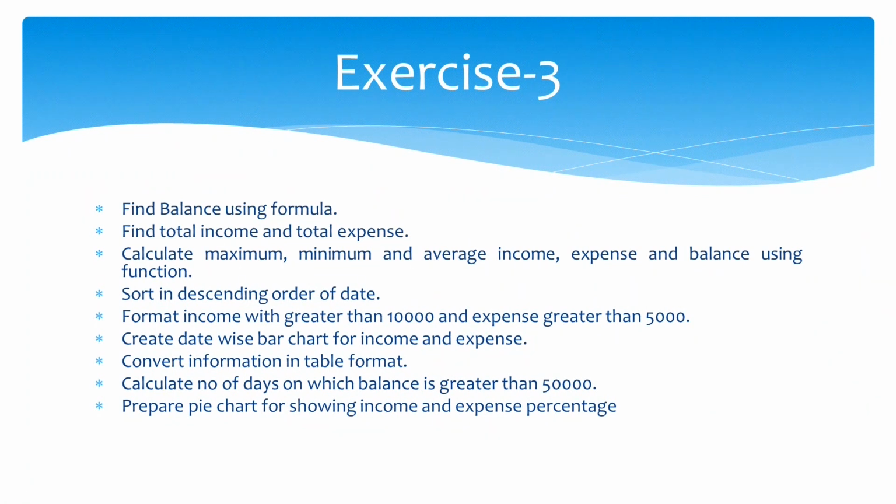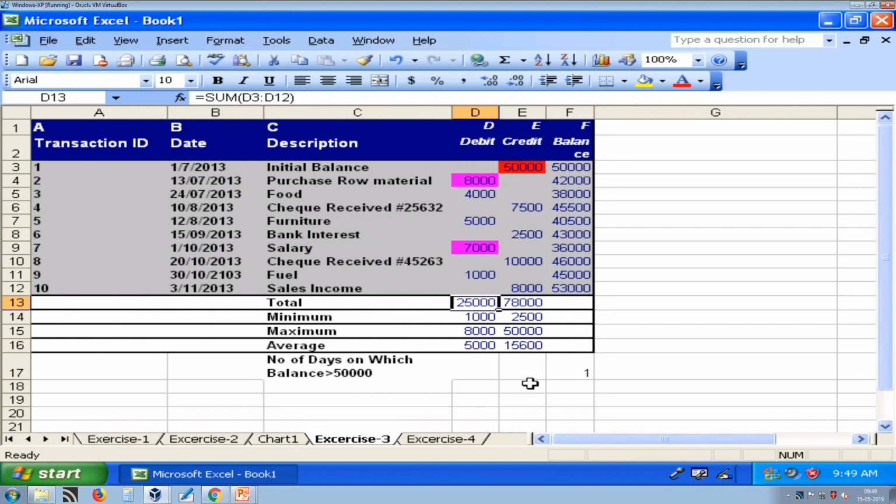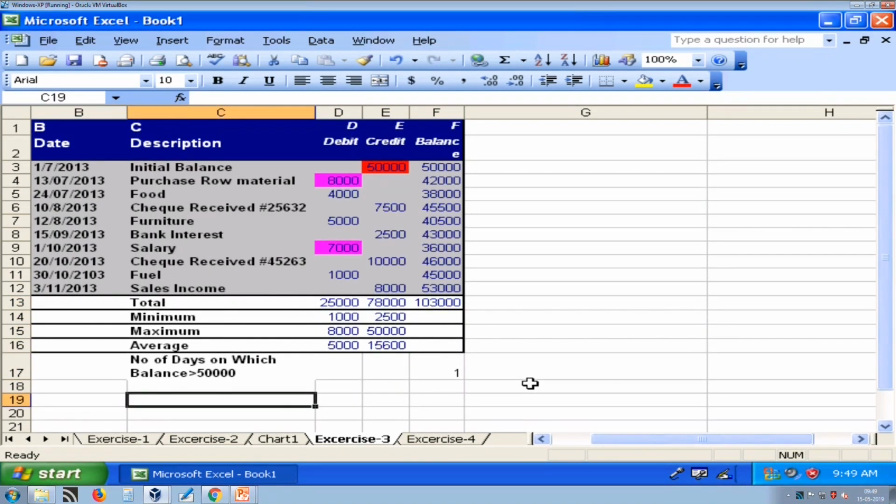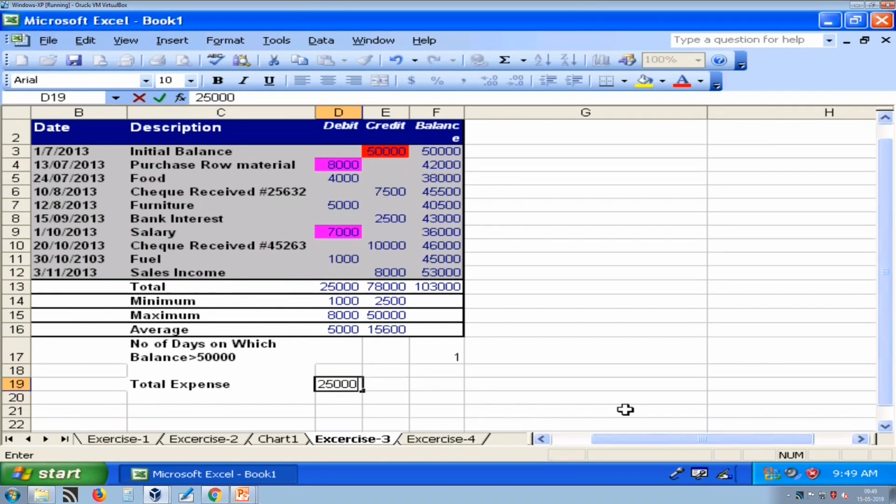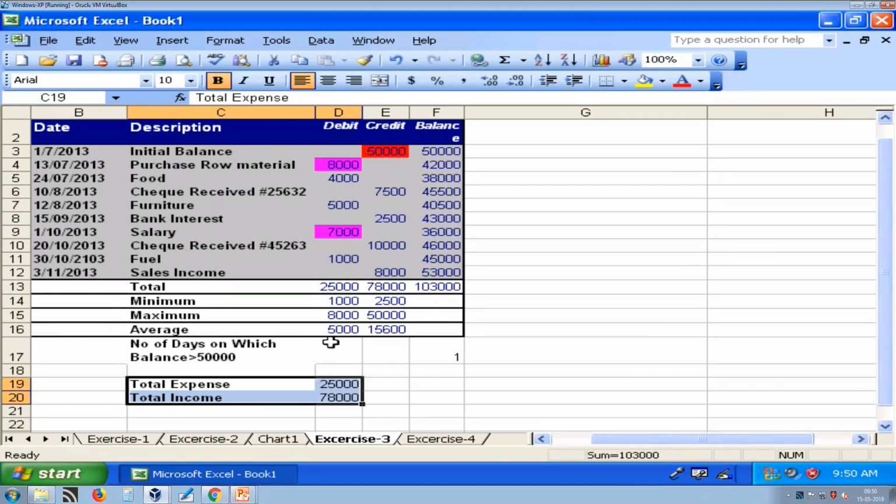Now we want to prepare a pie chart for showing income and expense percentage. So this is our total income and this is our total expense, and just write down like this: total income, total expense.